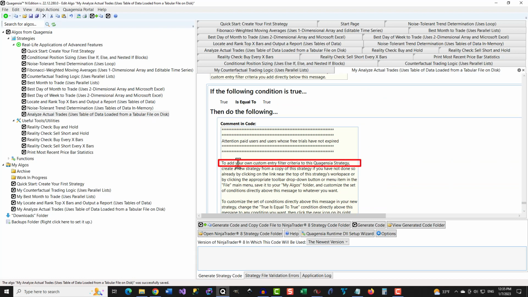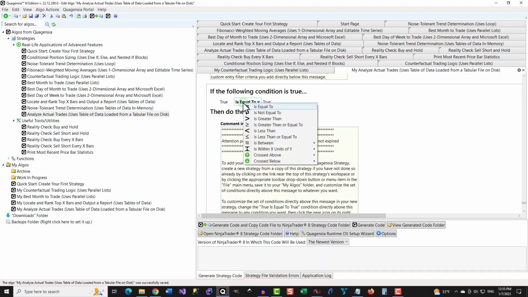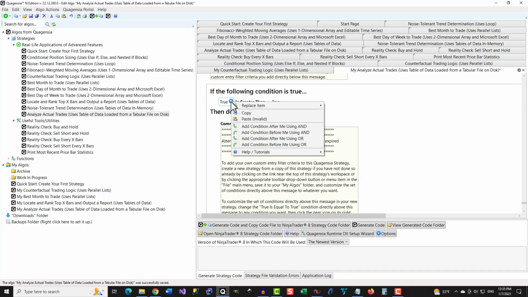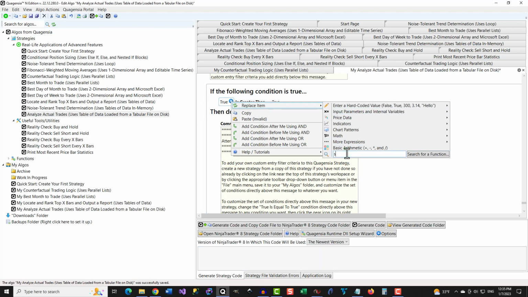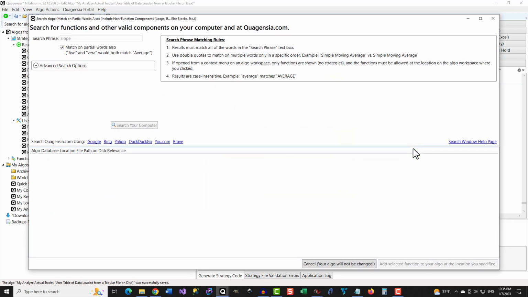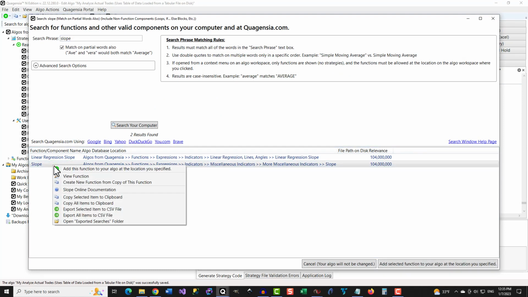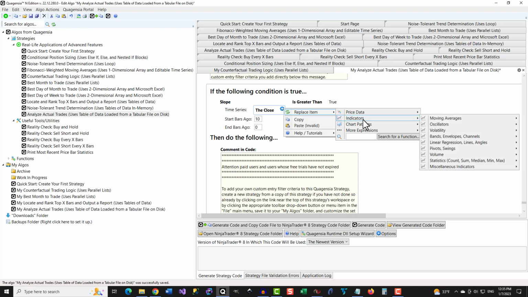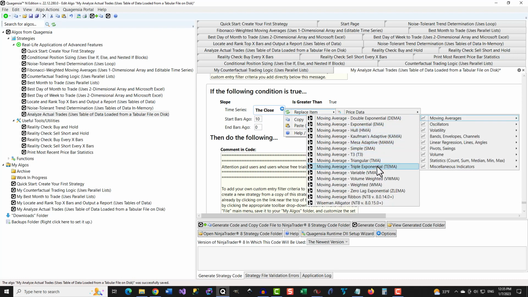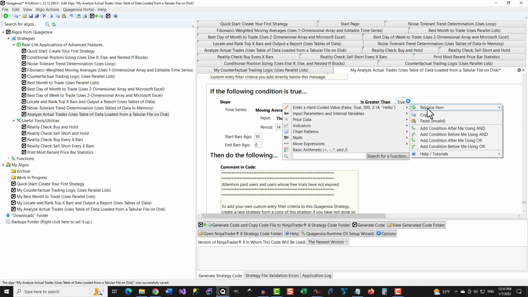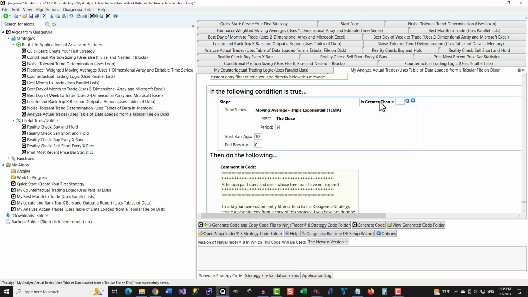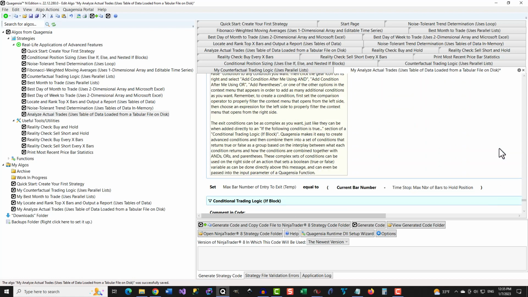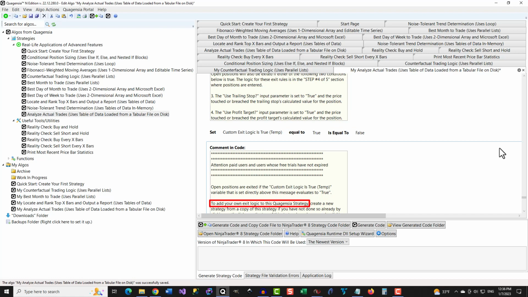Follow the instructions in one comment to add your own custom entry filter criteria, and follow the instructions in the other comment to add your own custom exit filter criteria.